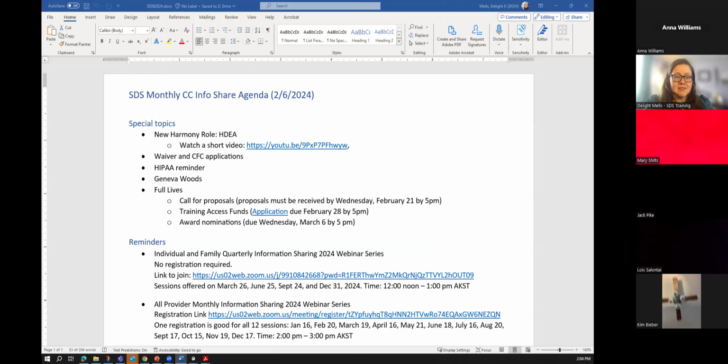All of that stays the same. This is really just a role that allows for an administrative assistant position to do that technical data entry in Harmony. So that flyer, I do have it and I can pull it up, but I see we have a